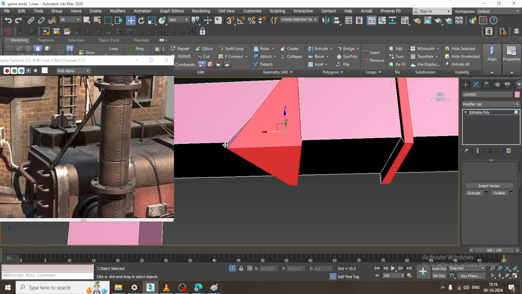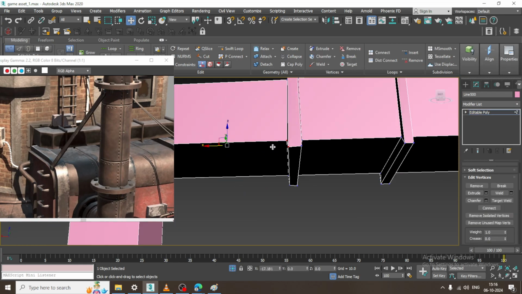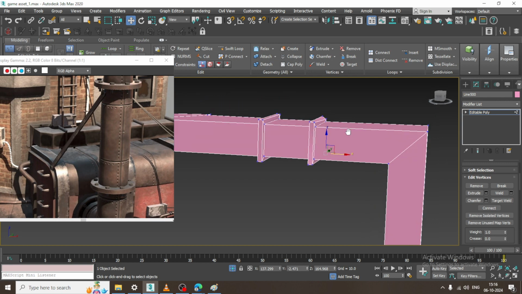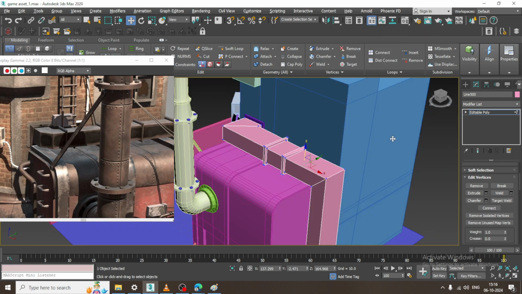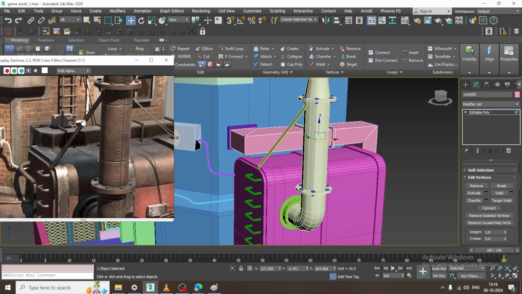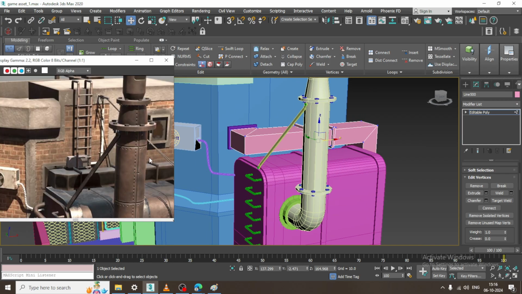We can just adjust it accordingly and isolate it. So once it is done, now